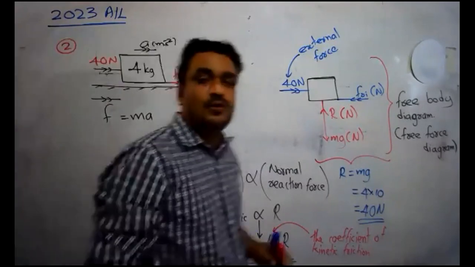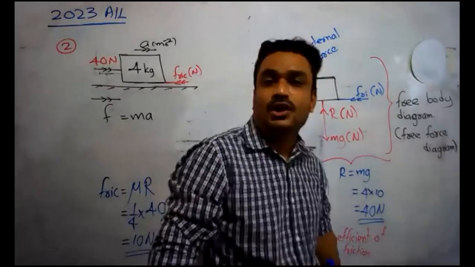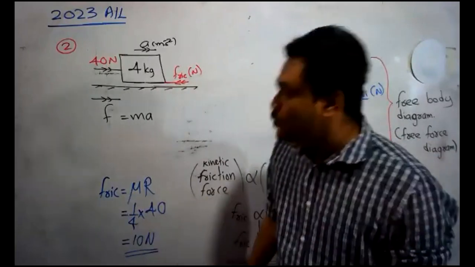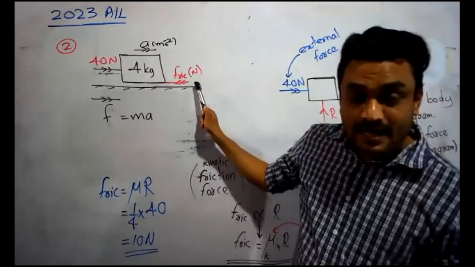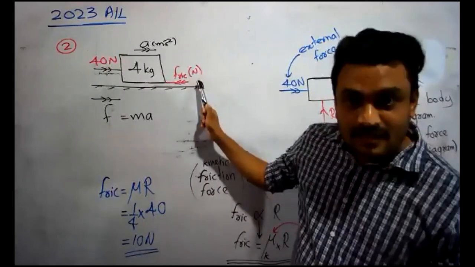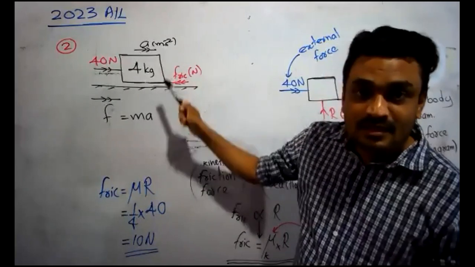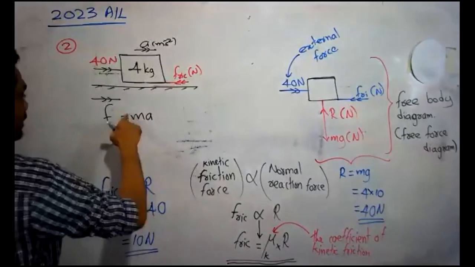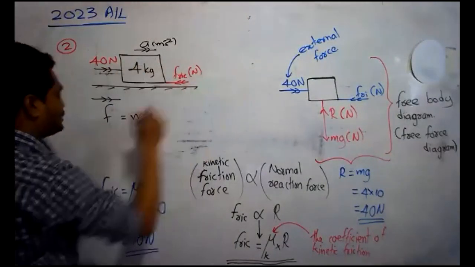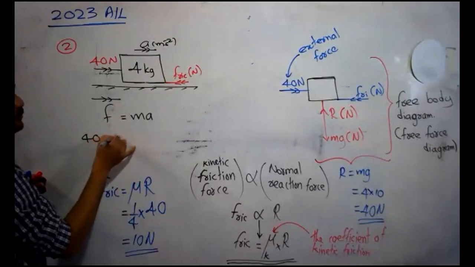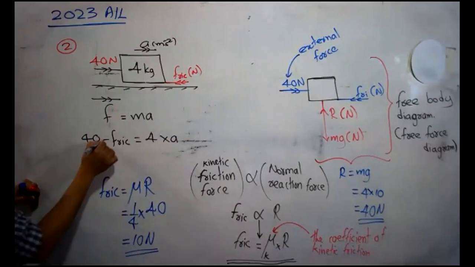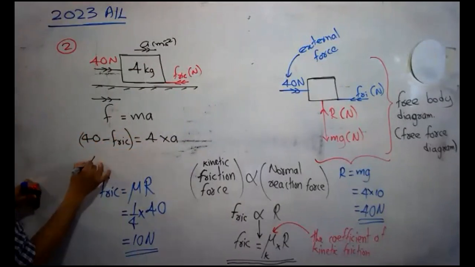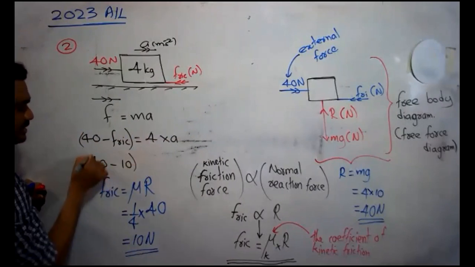How many horizontal forces are acting on the object? Two. What are the two? 40 Newton and the friction force, 10 Newton. Very good. So the horizontal external force 40, minus the oppositely directed friction force, equals mass 4 times acceleration. We don't know what the acceleration is. 40 minus friction force, which is 10,